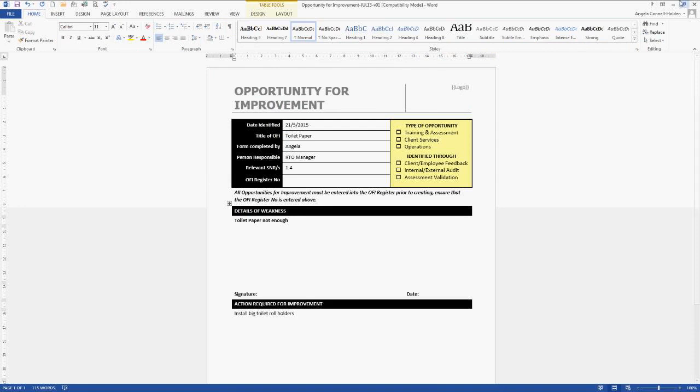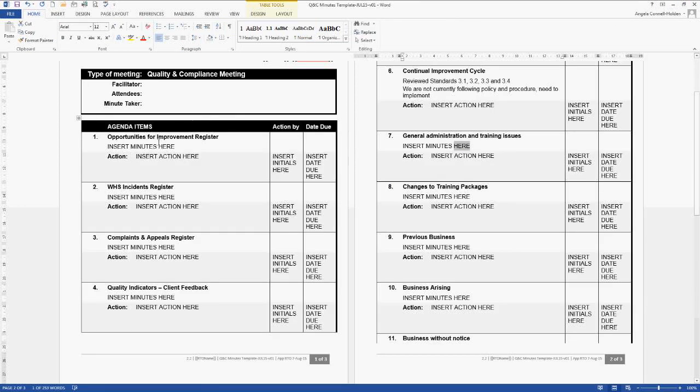So then we would complete this opportunity for improvement, and then we get to the monthly meeting and we discuss that at the monthly meeting. So we'd go, okay, what opportunities for improvement, or we call them OFIs, did we have in the last month? Let's discuss them. We had an issue with toilet paper. Our solution was we implemented big toilet rolls. And then these minutes are then distributed to everyone within the organisation. So all trainers and assessors and admin staff would get this, and they would see, oh, we had this OFI. The OFI was we didn't have enough toilet paper.